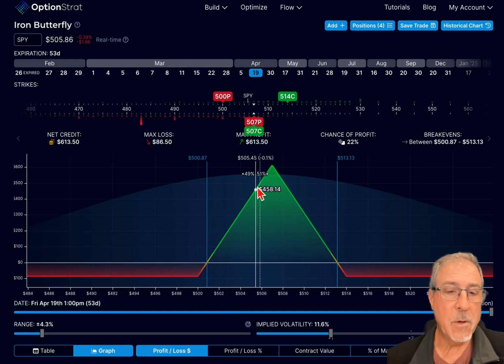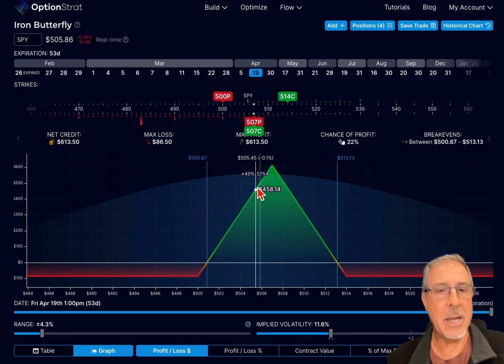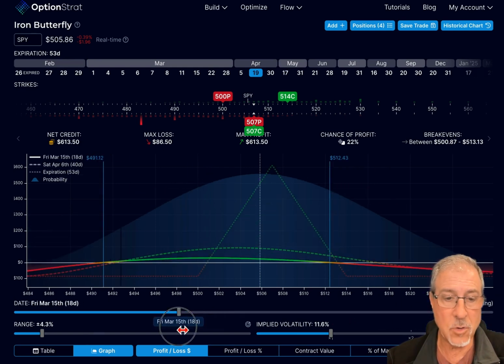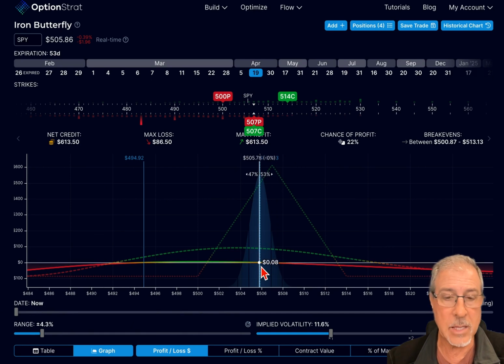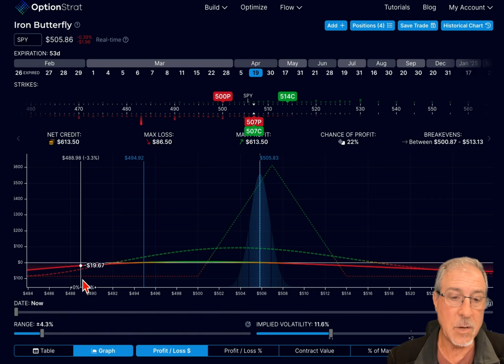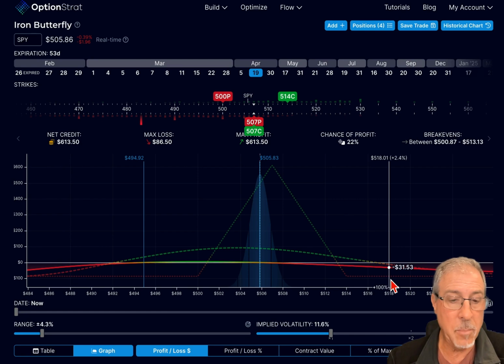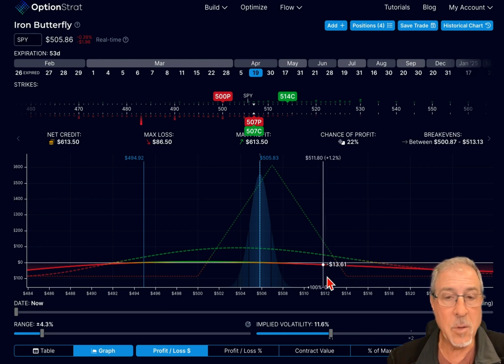So the fifth great reason I like butterflies is they're a little bit of what I would call a low maintenance marvel. If you put these trades on a ways out, anywhere from 30 days up to 60, 70 days out, this one happens to be 53 days out, and we roll this back to the start of the trade, this is what the trade would look like at the start. We can see there's a very, very wide range. This market can drop 2, 3, 4%, 5%, or run up a significant percent without much impact